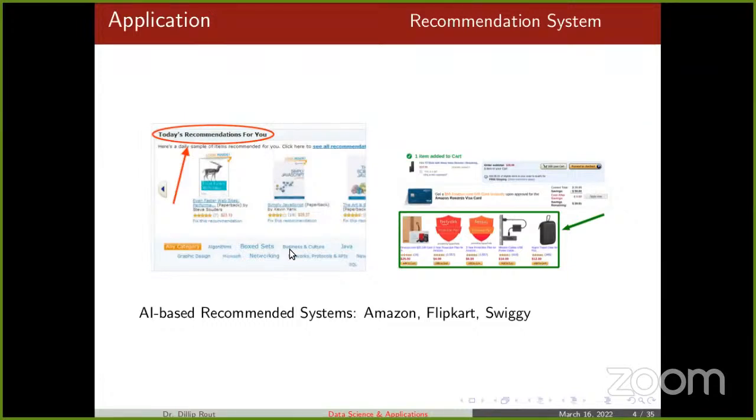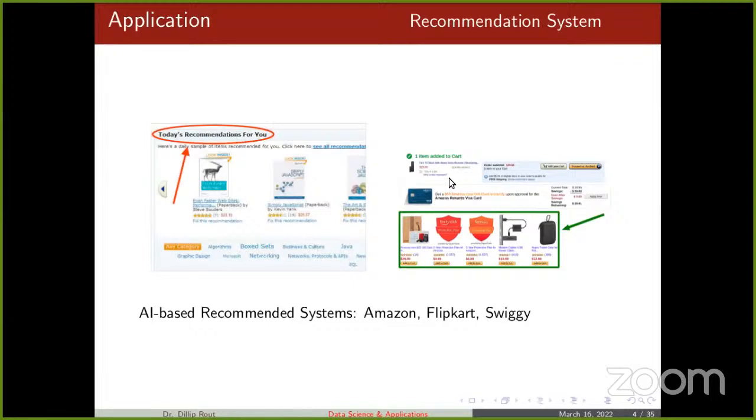And the irony is that if you are searching, Amazon or Flipkart will recommend something, and if I'm searching, it will give me some other recommendation. That is because of personalization. Amazon or Flipkart know what we are searching over a period of time, so they know that this might be the liking for this user, and that might be the liking for that user.